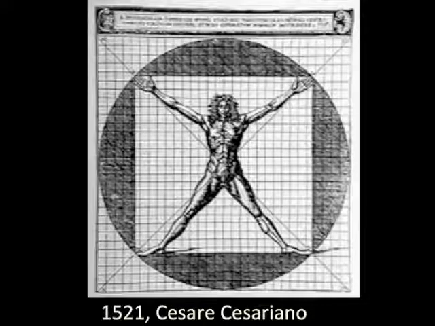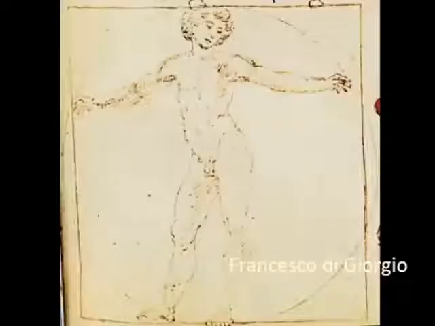And so what is the center of the square? And Cesariano thinks, maybe the reproductive organs. So if I gave you a less pixelated image of this, you would be blushing and you would be shocked, because Cesariano's little guy is desperately trying to have both circles align, and his little man is extremely excited.